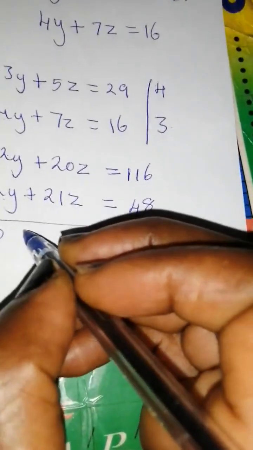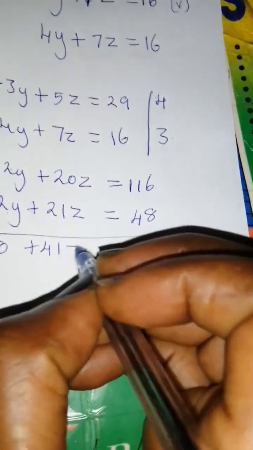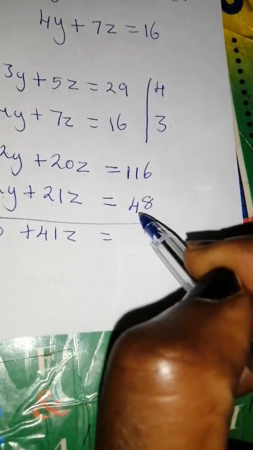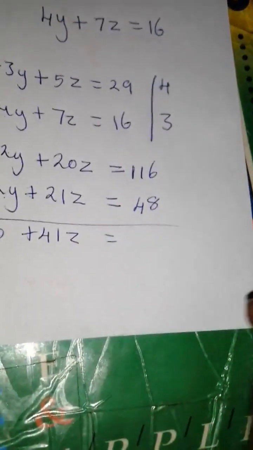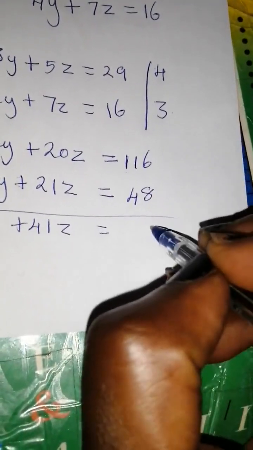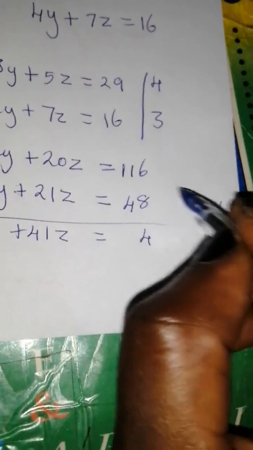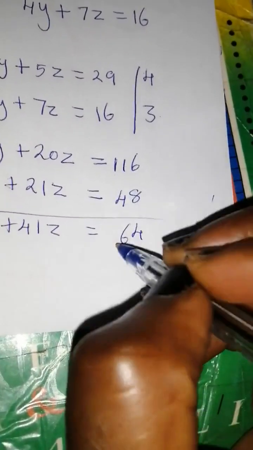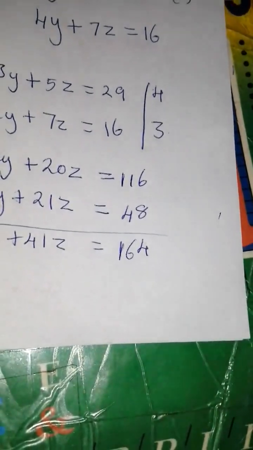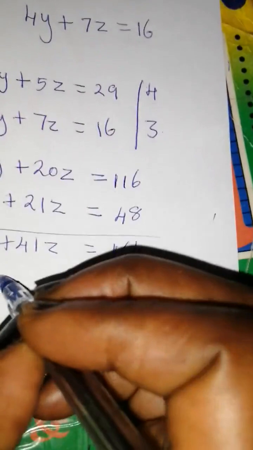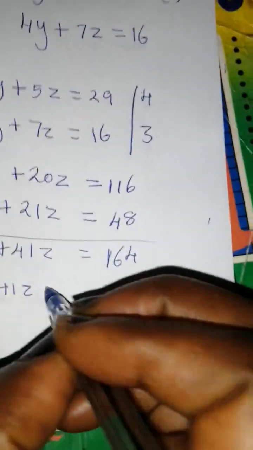Then here we have 20 plus 21, giving us 41z, equals 116 plus 48. It will give us 6 plus 8, that's 14. Remainder 1. 1 plus 4 is 5 plus 1, 6. Then 1, we have that. So 116 plus 48 is 164. Okay, so I have 41z equals